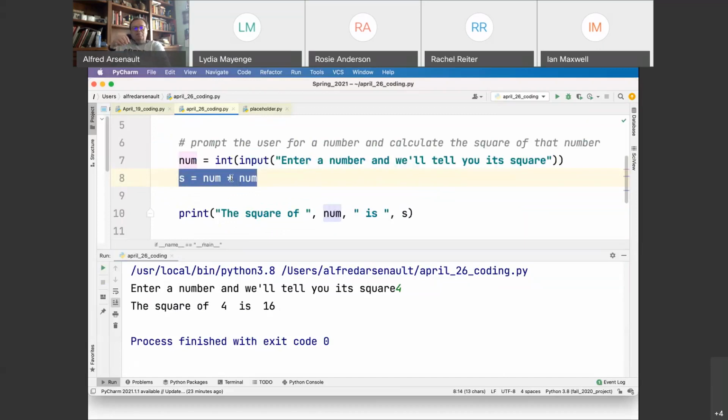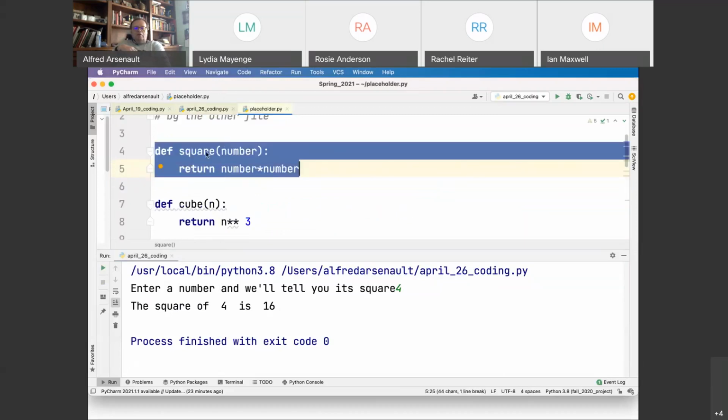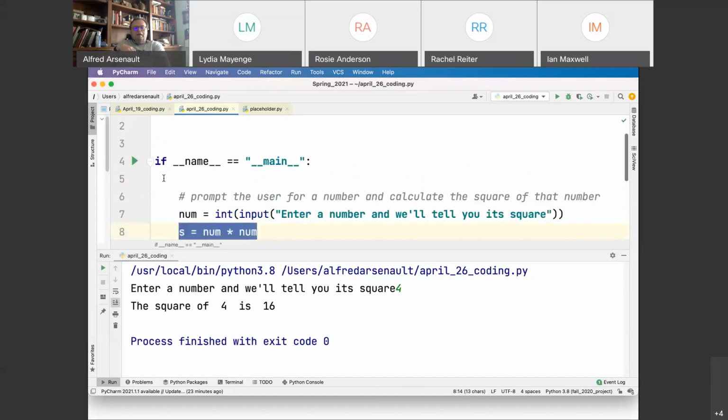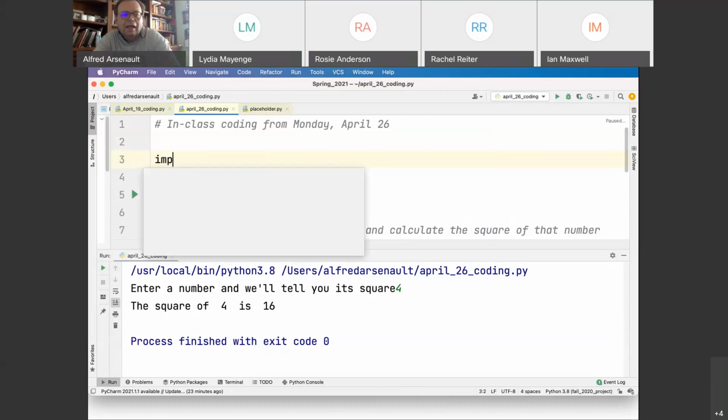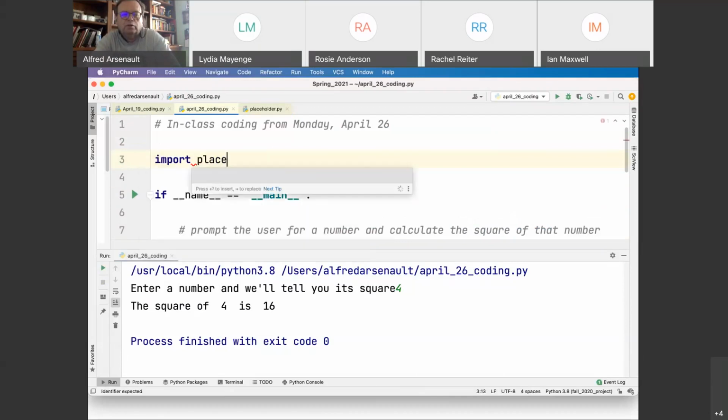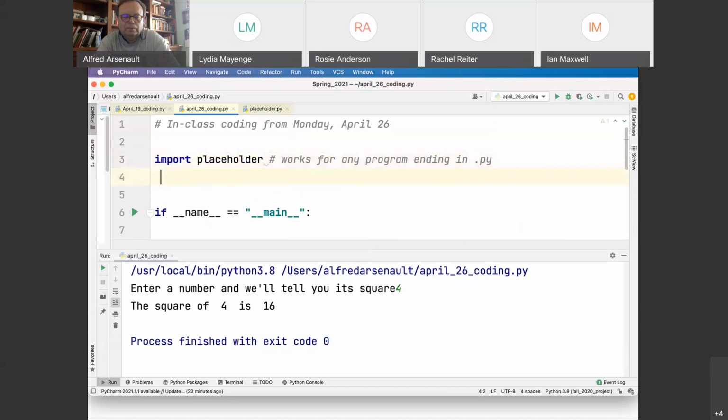So Python lets me take advantage of the fact that I've already written the code and use it again. The way I do that is with the import statement. Import placeholder. Now, helps if I get the right comment sign. This works for any program ending in .py that's in the same directory